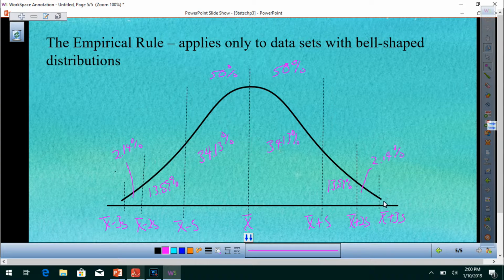And of course, out in the tails, you're going to have 0.13% on each side. Now, what this says is this first standard deviation,